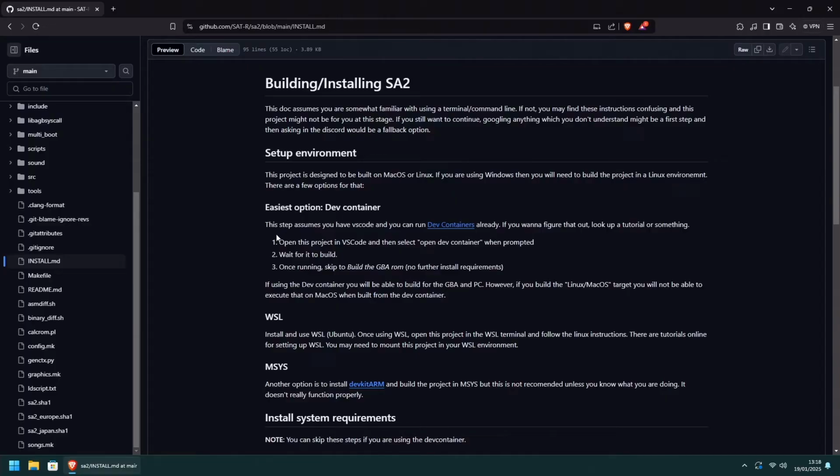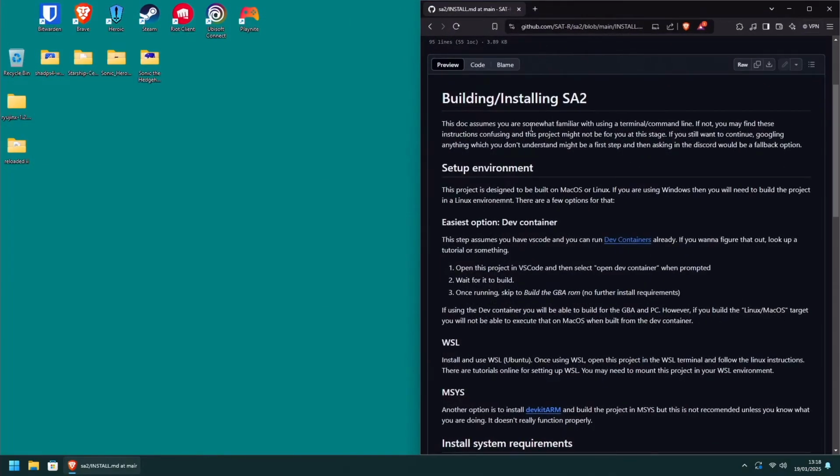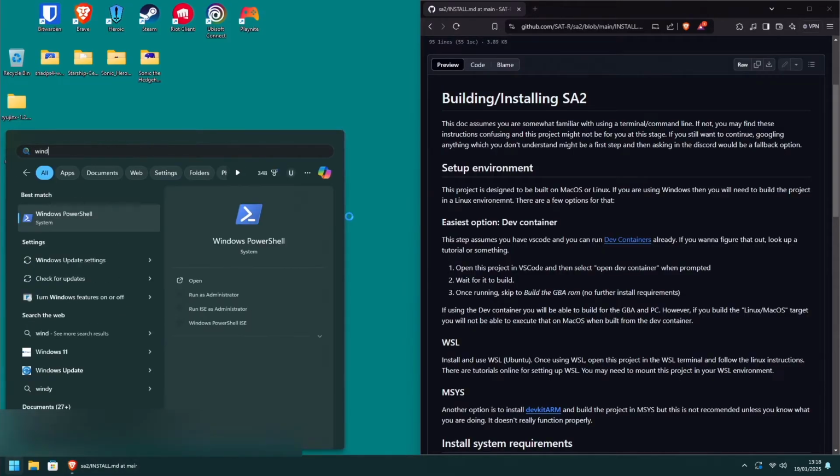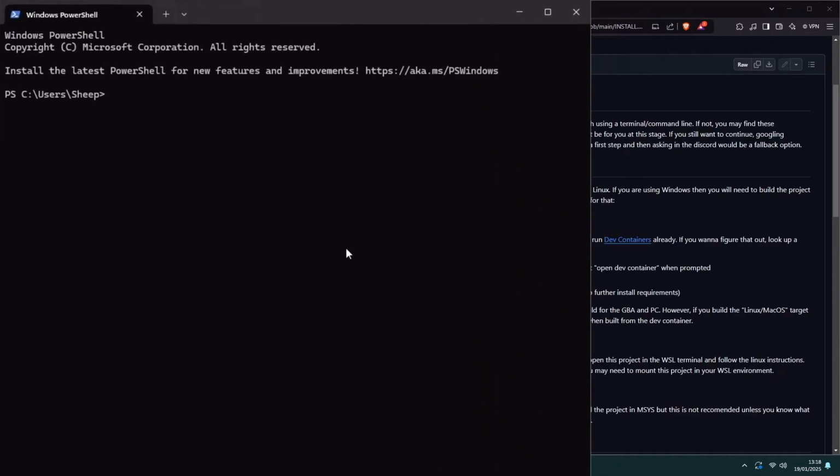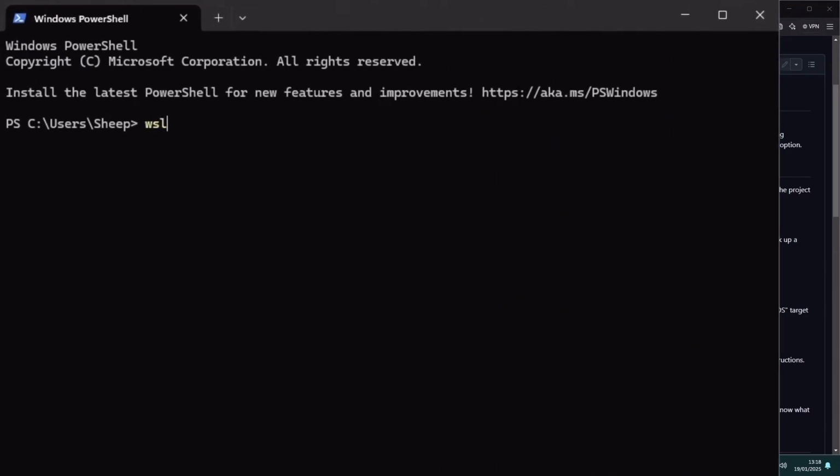We have a couple of options on how to build it. You can either use a dev container, the Windows subsystem for Linux, or MSys, which isn't recommended. For the sheer fact that this will be the quickest and easiest way, I'm going to go through the Windows subsystem for Linux method. First things first, press the start button and type in Windows PowerShell. And when you are in Windows PowerShell, all you have to do here is type WSL